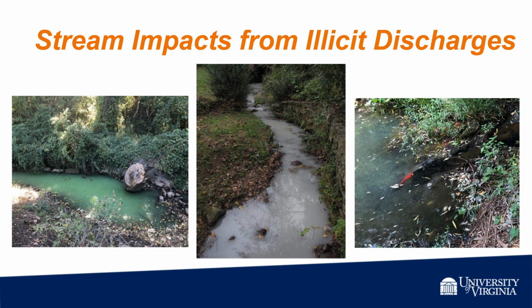While some in-stream impacts are visibly obvious, such as the case with the paint spill on the left or the power washing in the middle, others may not be visibly obvious. In the photo on the right, the breakdown of a relatively benign chemical in a pond consumed all of the oxygen in the water, resulting in a fish kill. Those light-colored shapes on the surface aren't leaves, they're dead fish. This is a harsh example of why it is important that nothing other than rainwater goes down a storm drain.